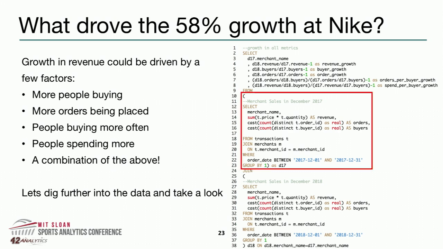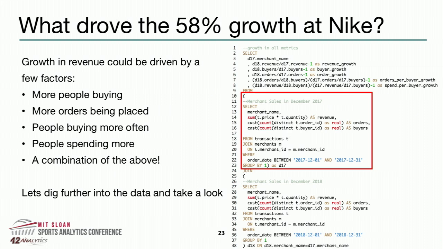So the first thing is to update our 2017 query. In this case now, we've got revenue, we need to add the orders and buyers. Now, we know that by nature, an order can have more than one item. So, we're going to reuse that distinct operator that we talked about at the very start. And what we're going to do is count the number of distinct orders in the data set. So the way we do that, pretty straightforward, count, and then within the parentheses of the count function, distinct order